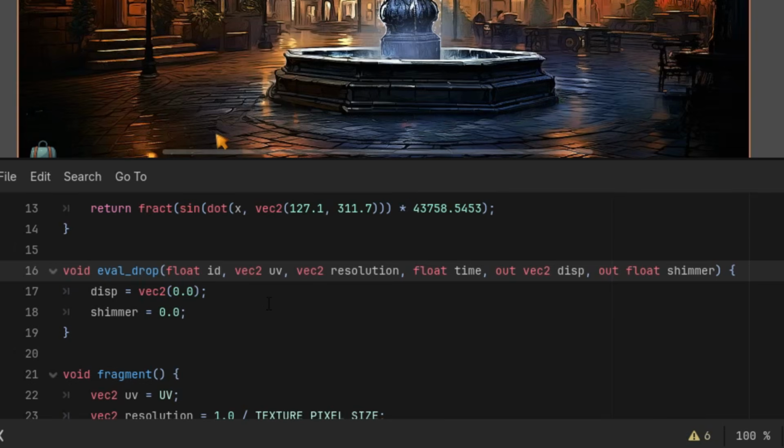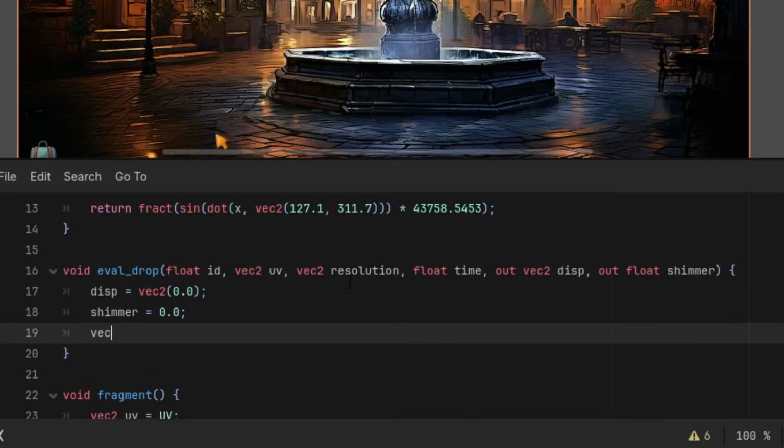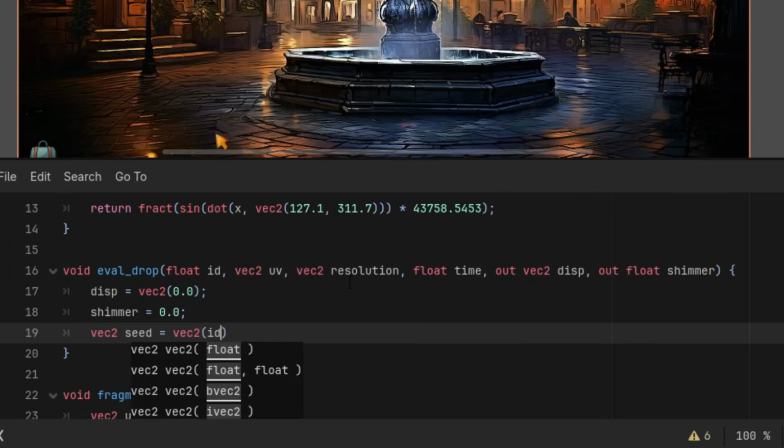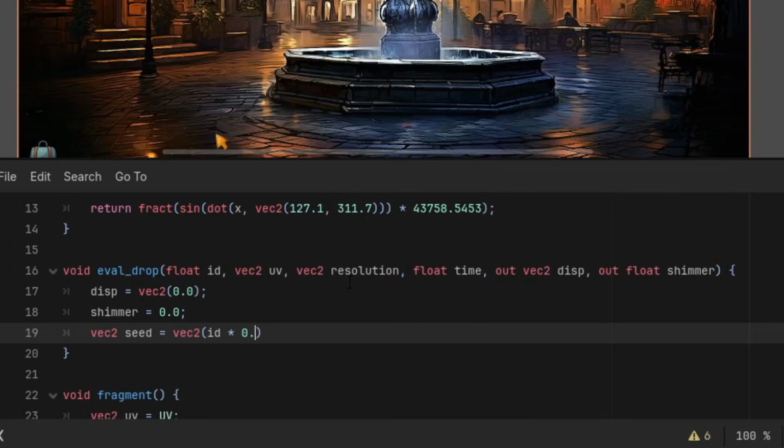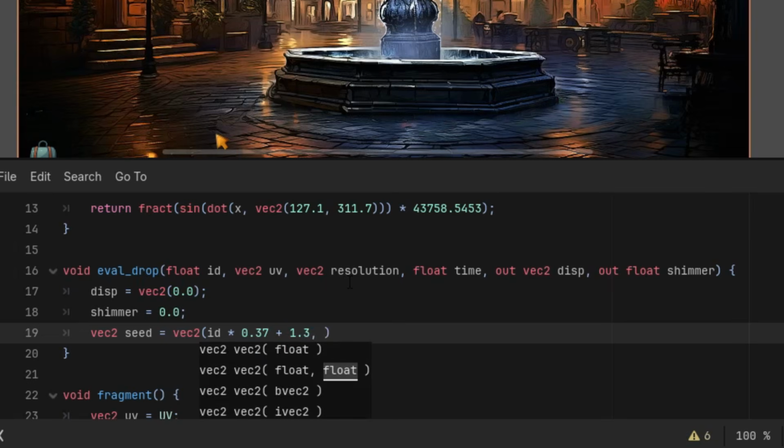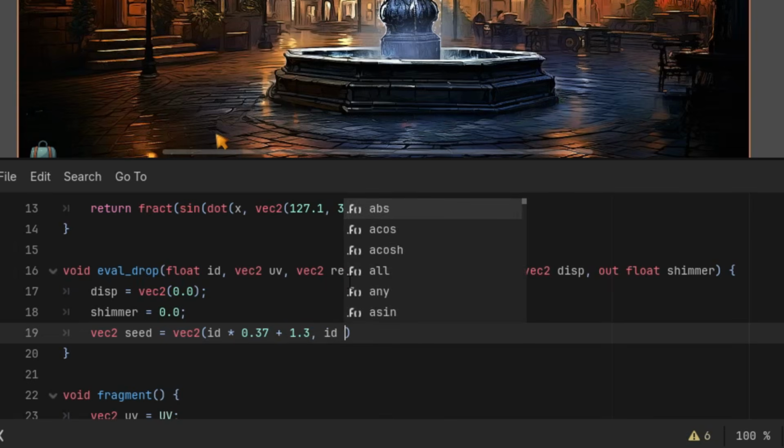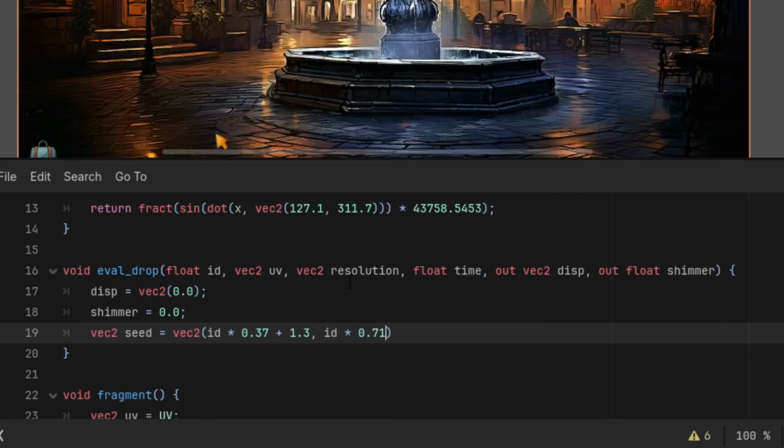The numbers I will use in this formula are completely arbitrary. So vec2 seed equals vec2, and now id times 0.37 plus 1.3 and the second part id times 0.71 plus,